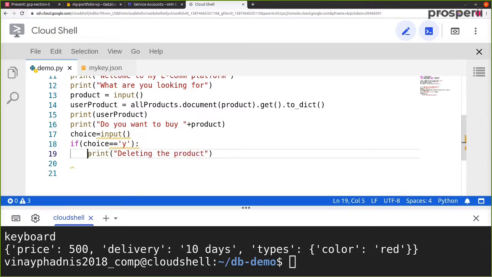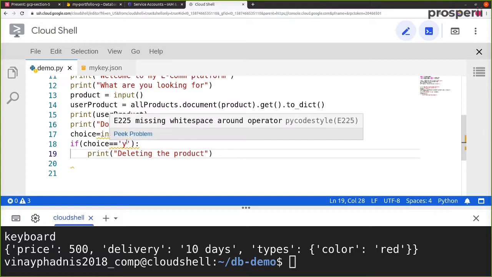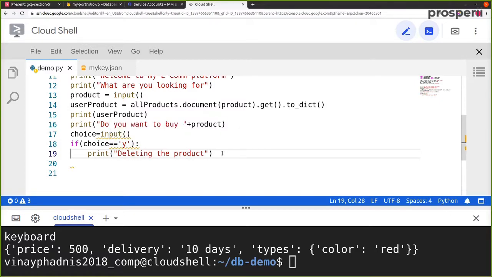Okay, so over here any text that you write after leaving some space from the margin is considered to be inside this particular if condition. Okay, so with this we have asked the user for his choice, and after checking for his choice, now we are deleting the product. Okay, so with this let's again run the program.